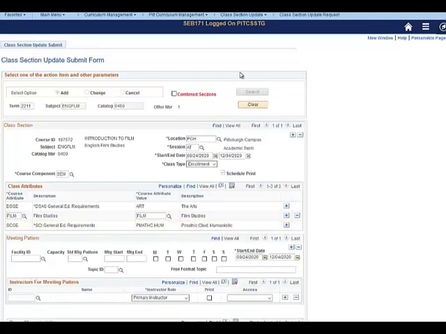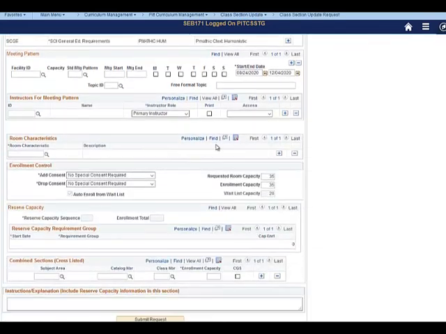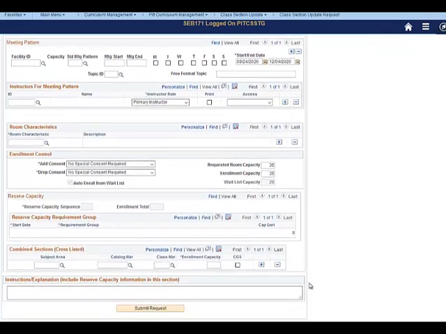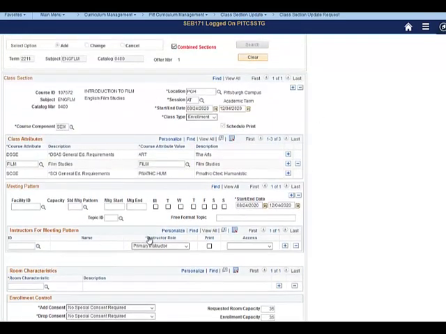Once the page is loaded, you'll notice that a combined section checkbox appears at the top of the page. Once this is checked, if you scroll to the bottom, you'll notice a new box for combined sections. This combined section box is where you will enter information for any class sections that your class section is being combined with. Throughout the rest of the term, you can treat it normally and enter any add information for the